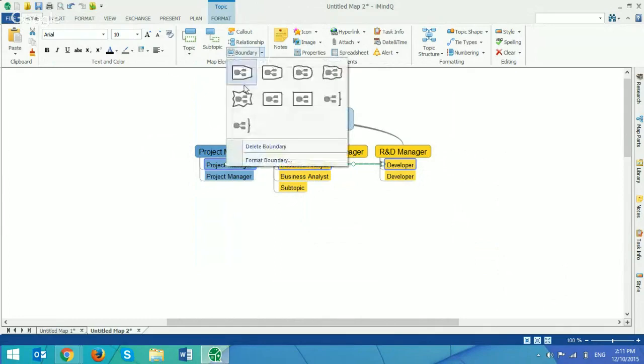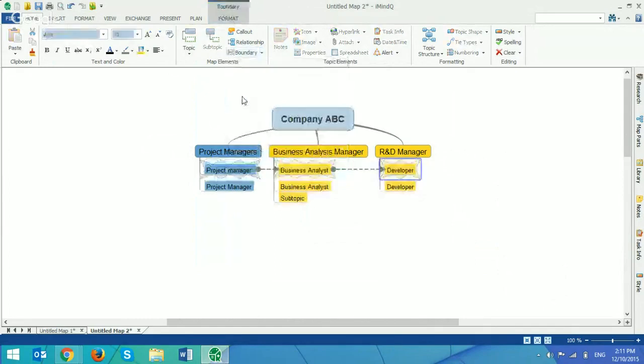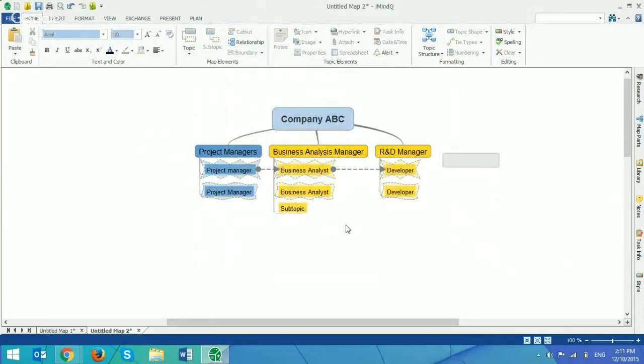I'll apply a specific boundary, and I will color these boundaries by using the same color to each of these. And I can also color and use another type of boundary so I can visually differentiate in which project they work on. So this is one very interesting way of how to visualize either a functional organizational structure or a metrics organizational